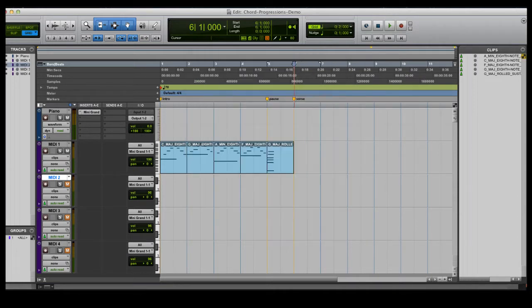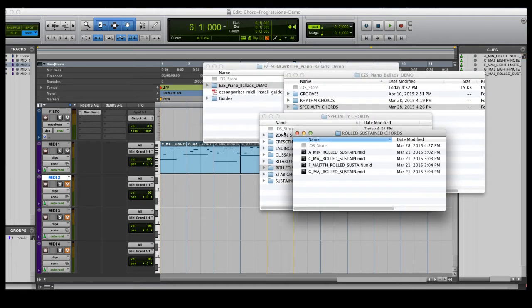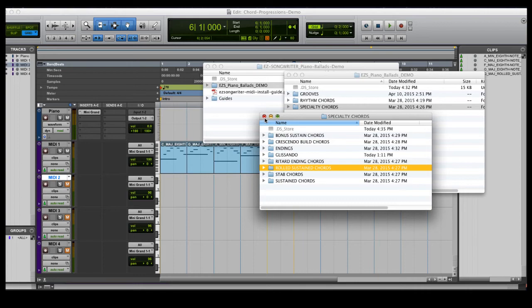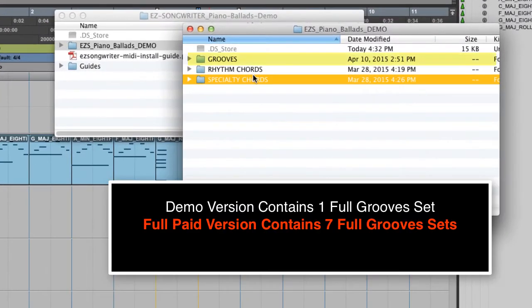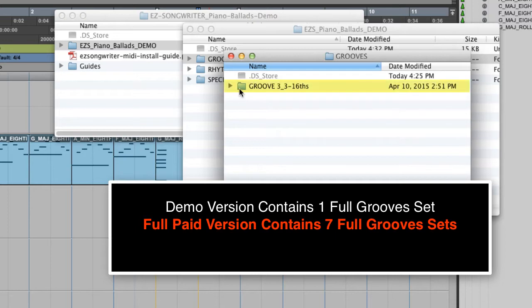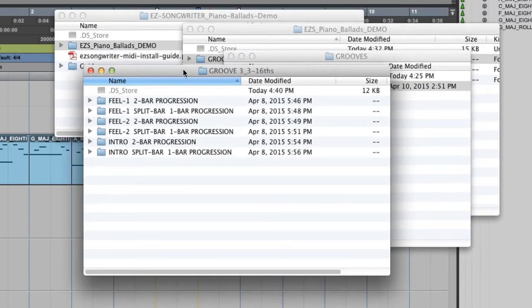And now to build my verse, I'm going to use grooves. Grooves are essentially chord progression loops. Each loop is a progression containing 2 chords. I'll open the grooves folder. The paid product contains 7 grooves. For this demo, we include 1. And by the way, the groove in the demo is the complete set that's found in the